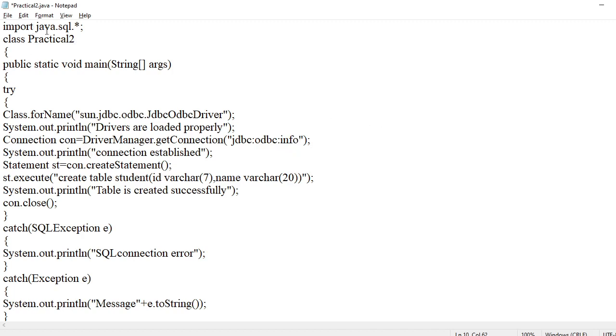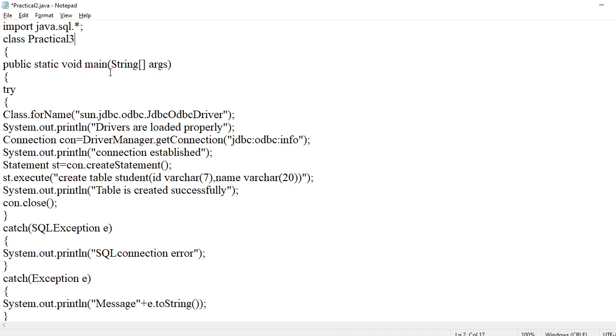In the theory session I have already explained this whole program, that is, what is the use of this import, what is the use of the Class.forName method, each and everything. But in short, I will explain it once again. So this is a database connectivity program. We require importing one package which helps to make the connection. That is, import java.sql.*; semicolon, where SQL is structured query language. Then start coding the class. Here I am writing class and providing the class name as practical 3.